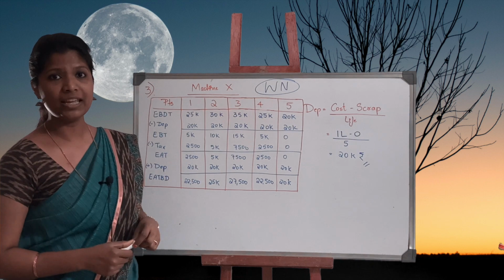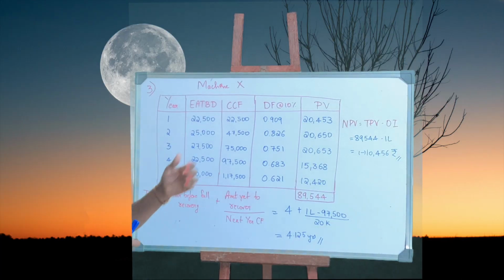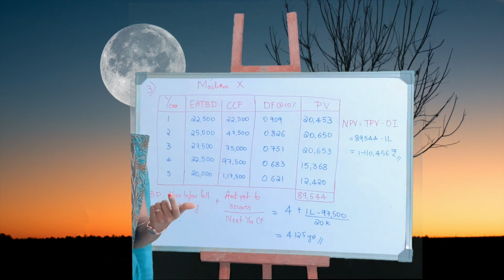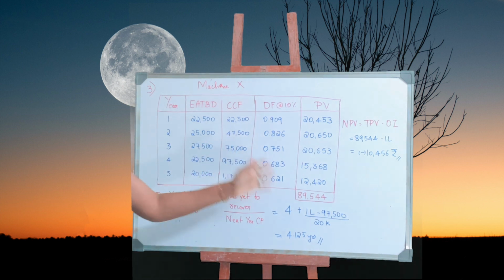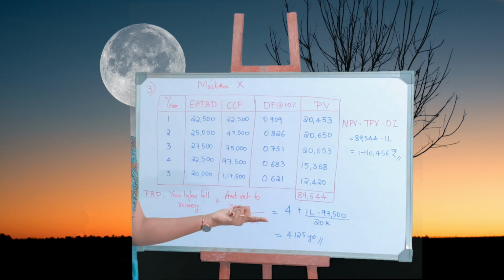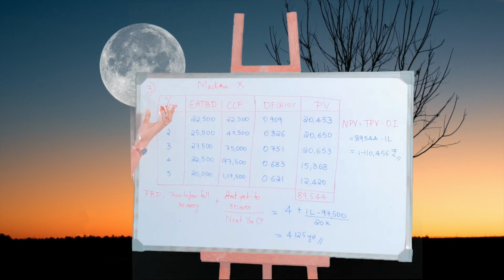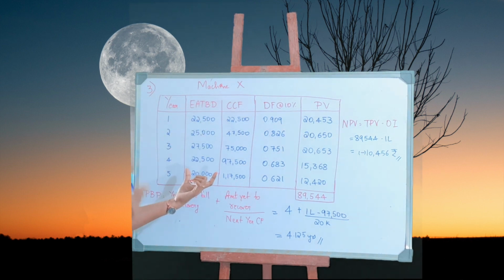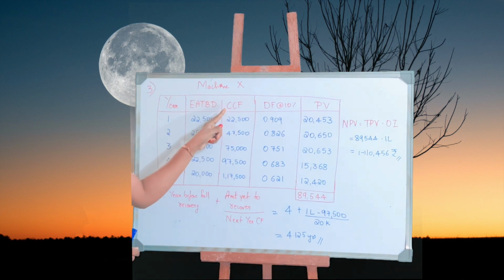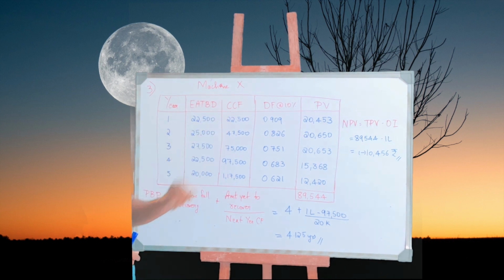Now let's move on to solving payback and net present value. After the working note, we have to calculate the payback period and the net present value, for which we need to prepare a table. Either you can prepare two separate tables, one for payback and one for net present value, or if you're comfortable enough, you can do it in one table. Here, the first column is years, the second is the earnings that we just calculated in the working note, and then comes your cumulative cash flows. Why do I need that? For payback period.